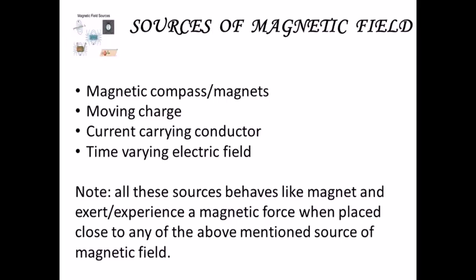and this is the time varying electric field. We have studied about the electric field in the first chapter. If the charge is at rest, it produces the electric field. But if the charge comes in motion, then what will happen? Will it produce electric field? Yes. If the charge is in motion, it produces the electric field which is varying with time, which changes with time. So this field which is produced by a moving charge is called time varying electric field. And this time varying electric field is a source of magnetic field also.